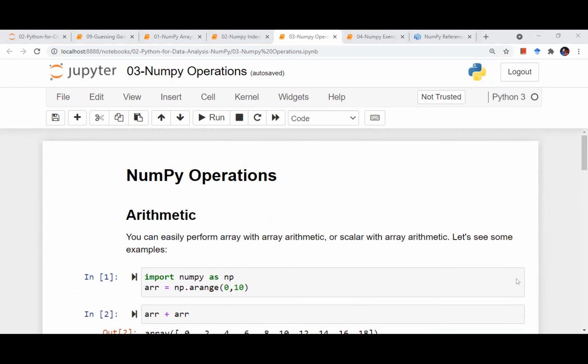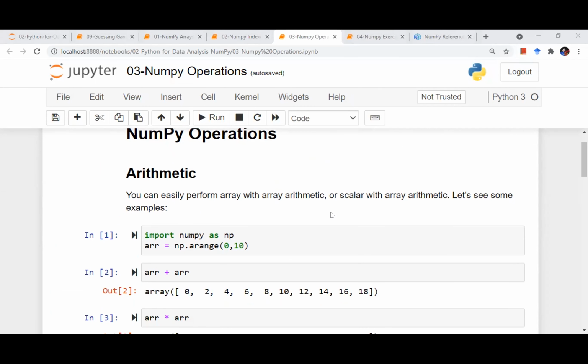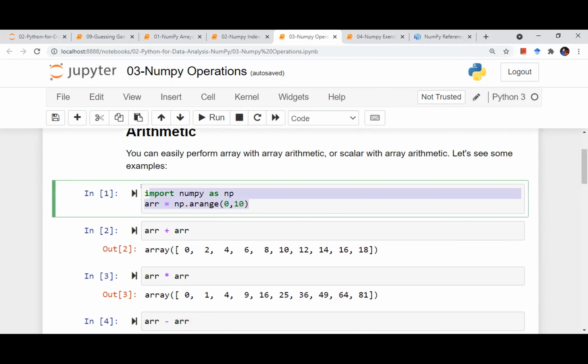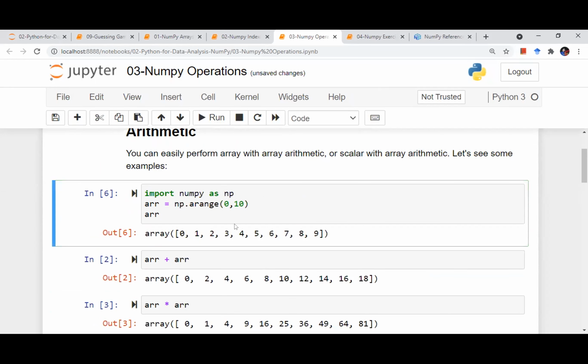Yeah. So we are looking at NumPy operations. Once we have created our 2D or one-dimensional NumPy arrays of numbers, how can I do mathematical operations on them? So it's a new script. I'm importing the NumPy library as np again. I'm creating an array ARR, which is basically this, right?